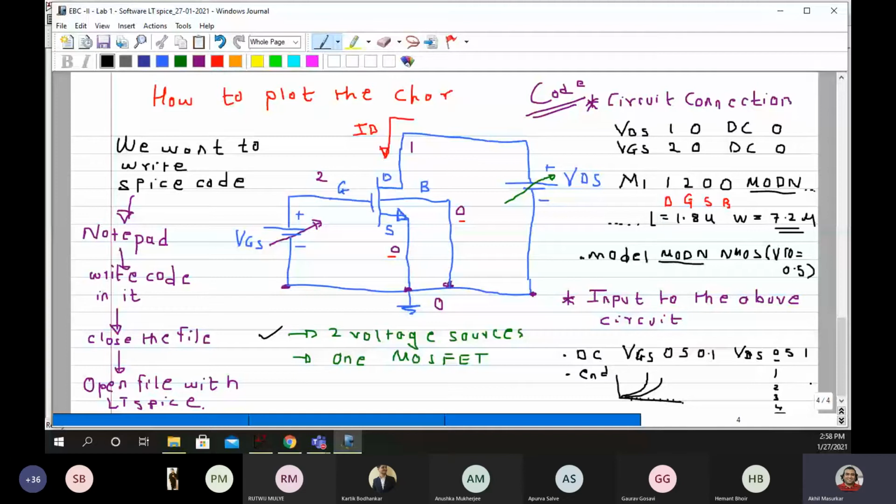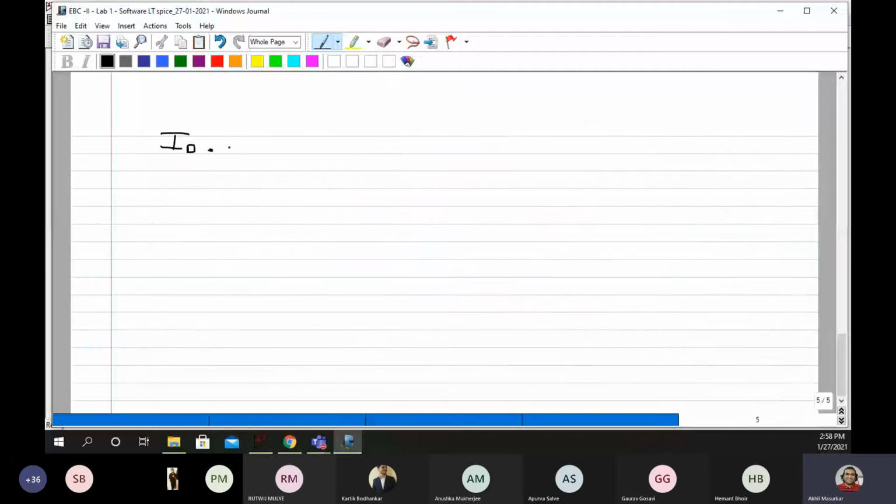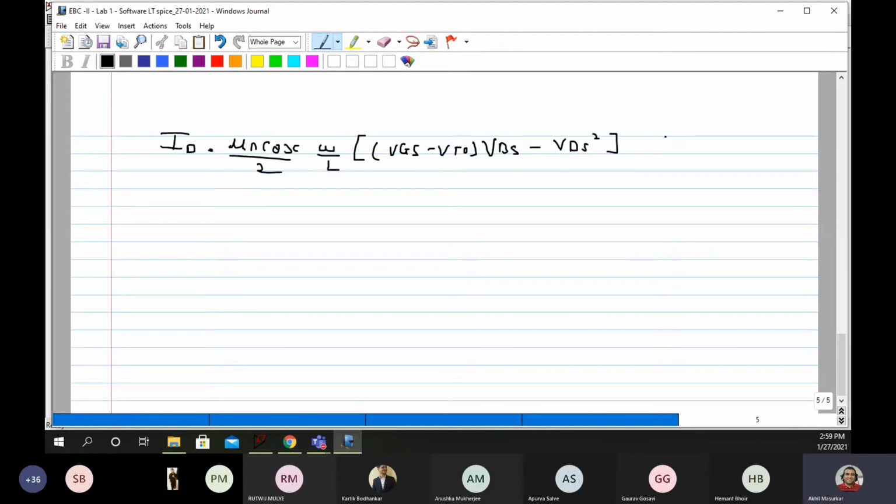The value of ID is mu n COX by 2, W by L into VGS minus VTO into VDS minus VDS square.